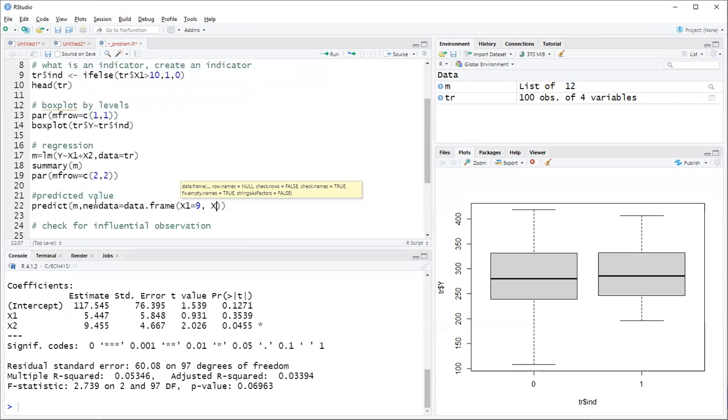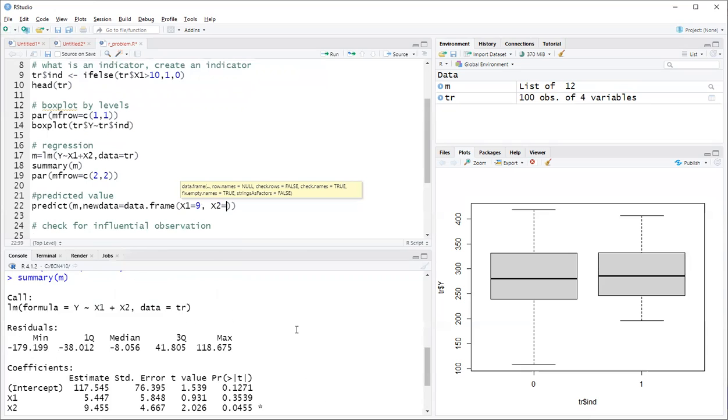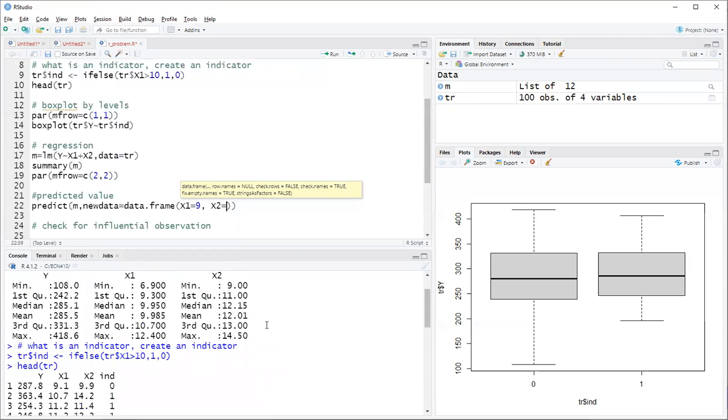And maybe for x2, we could go back and look. In fact, let's go ahead and just do that for a sec here. x2, the mean was 12, median around a little over 12. Let's just make this one though 11. That's more around the first quartile. Let's just pick something there. And we're going to get out a predicted value. So we can just run this